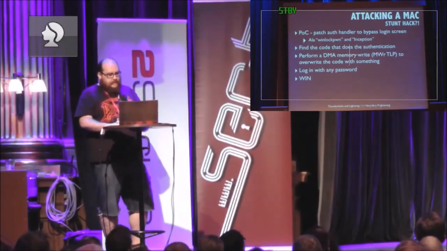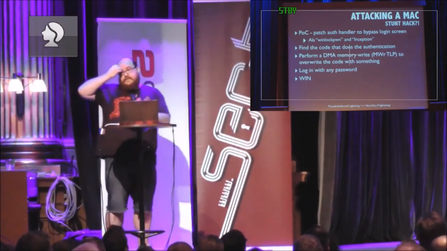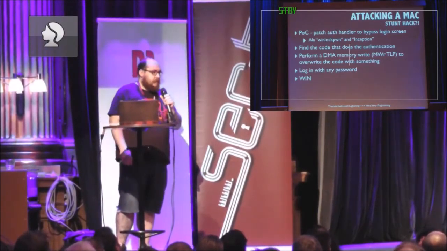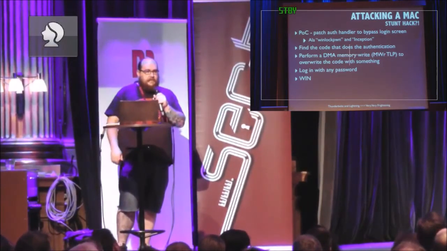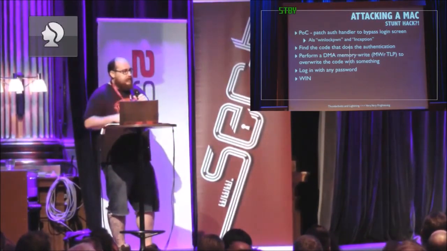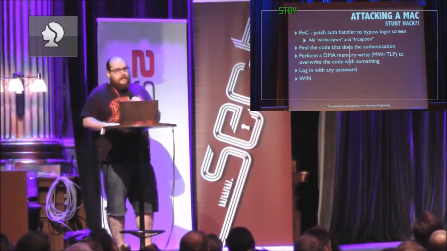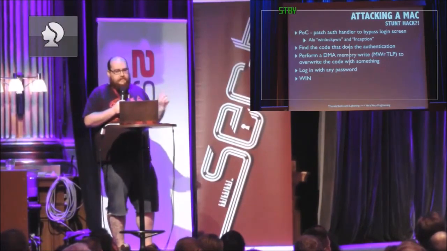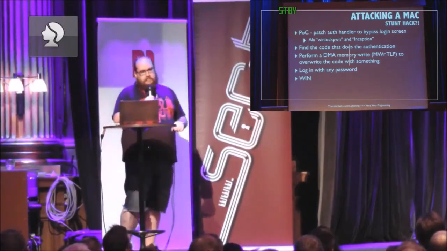Right, so the proof of concept that we built is basically the same as Winlock, Pwn, and Inception. We find the code that does the authentication lookup. When the screen's locked, you type in your passphrase, it looks it up against the system's database, Open Directory, and returns yay or nay based on what you typed in. So we find the code that actually checks that, and then using a DMA write request, a MWr TLP, we just overwrite that little bit of code with,